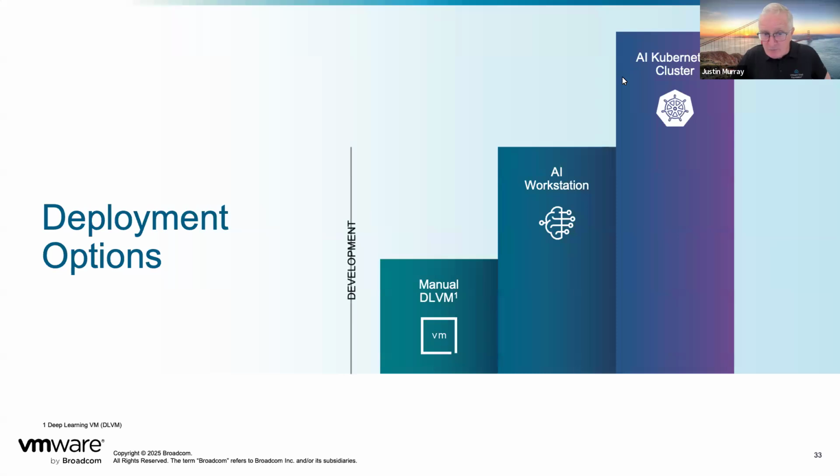And I do that really at model development time when I'm testing a model to make sure it's a good model for my production. Once I've tested the model, I will then take it forward into an AI Kubernetes cluster so that it can be staged and performance tested at scale, many copies of that model running at once, like we would with a 3-tier application, for example, so that I can make sure that this model will behave when it's under pressure from thousands of users, if it is successful.